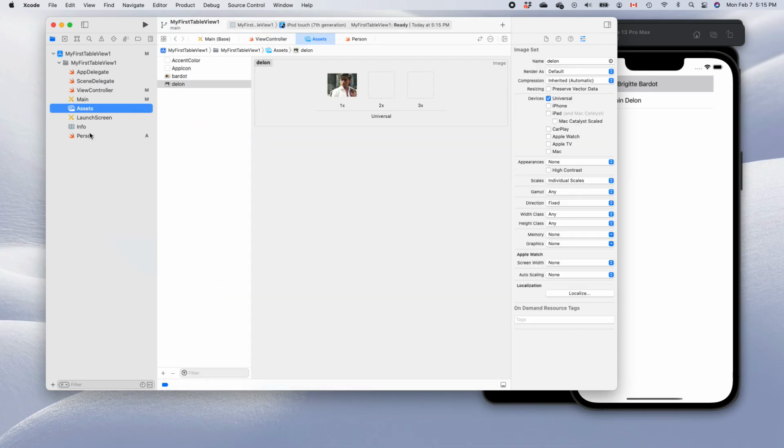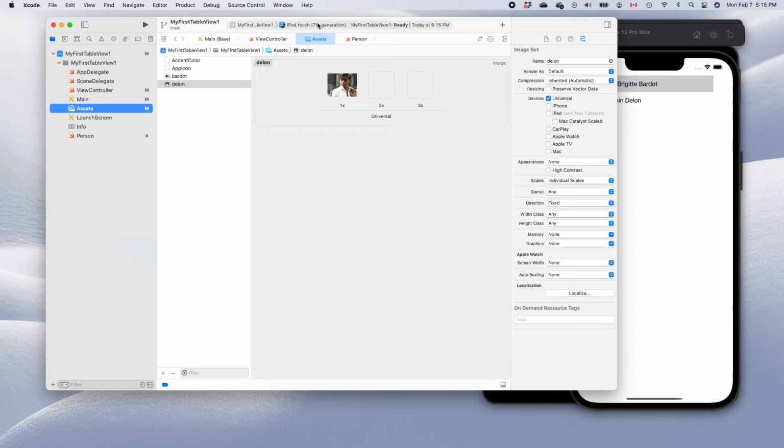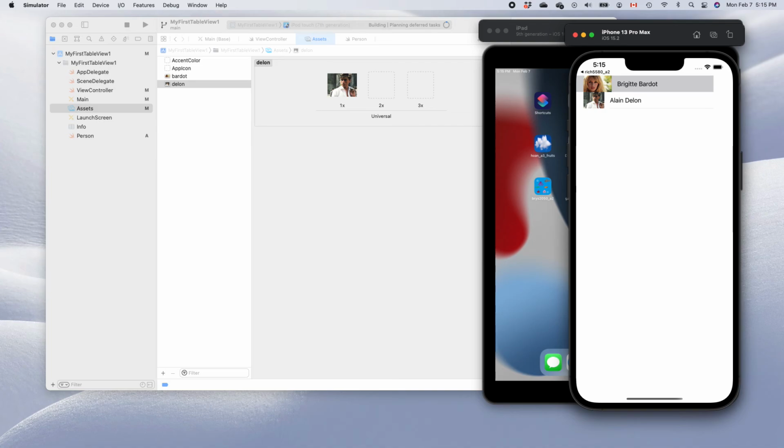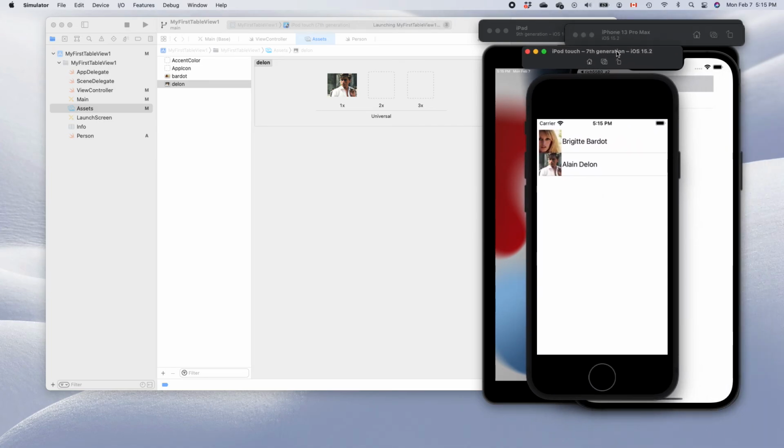So let's run. I'm going to run it again. It will be a different app, right? But I'm going to run it. Let me run it on, yeah, I can run it on the iPod Touch. So let me run it on the iPod Touch. So where's my iPod Touch? It's like here, this one, right? It's running there, right? Okay, so that's our first table view,